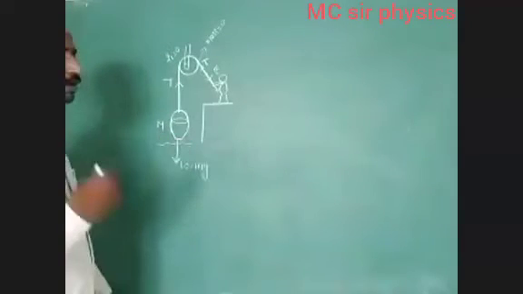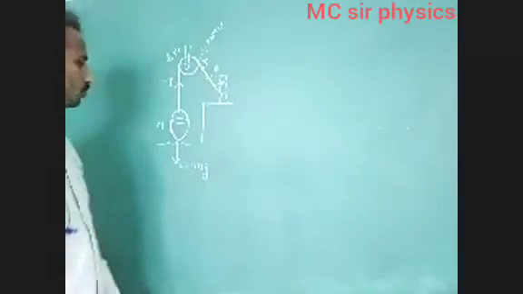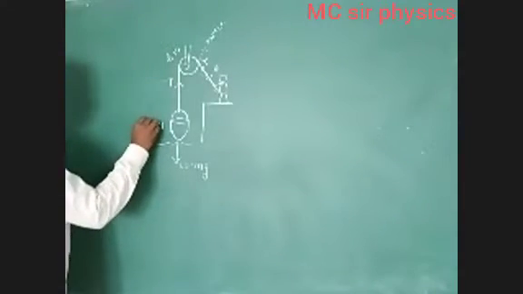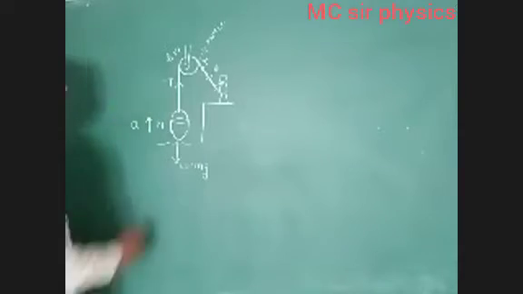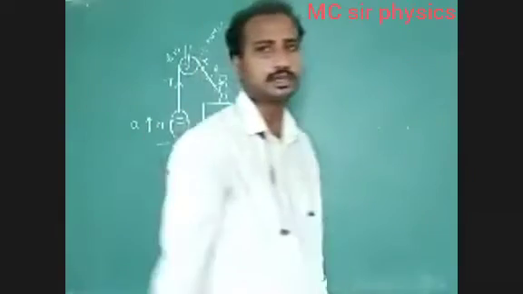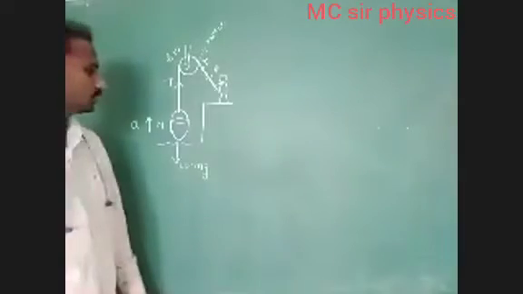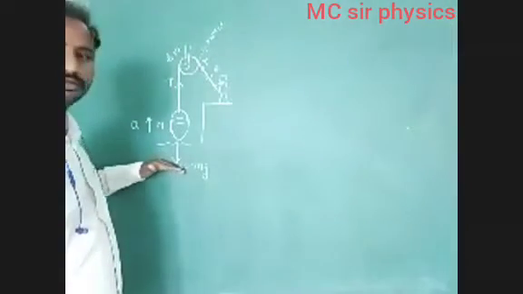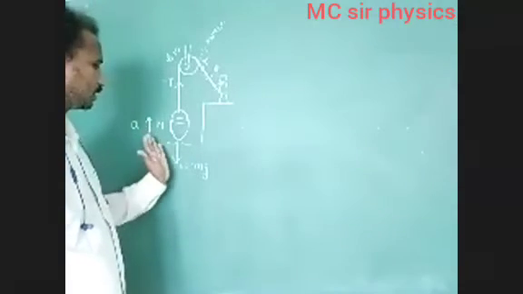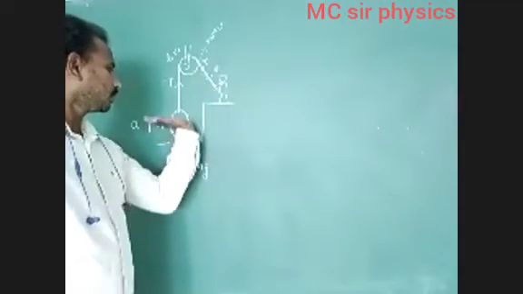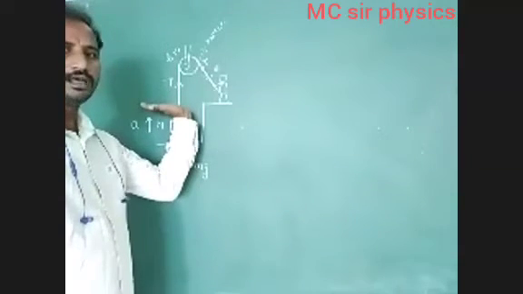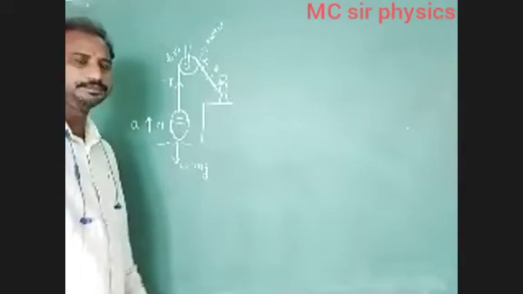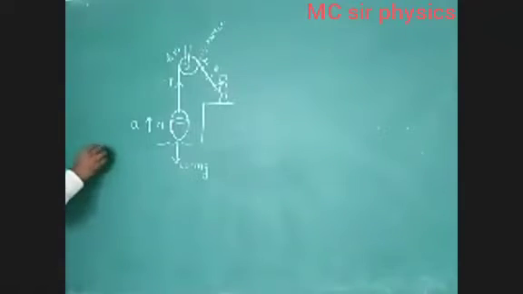Now you can draw that free body diagram. What is the acceleration of the system? Acceleration of the system, that a value equal to constant. Now apply Newton's laws. Here tension is more than the weight of the body. Due to that reason, the bucket of water accelerates in the vertically upward direction. So tension is more than weight.